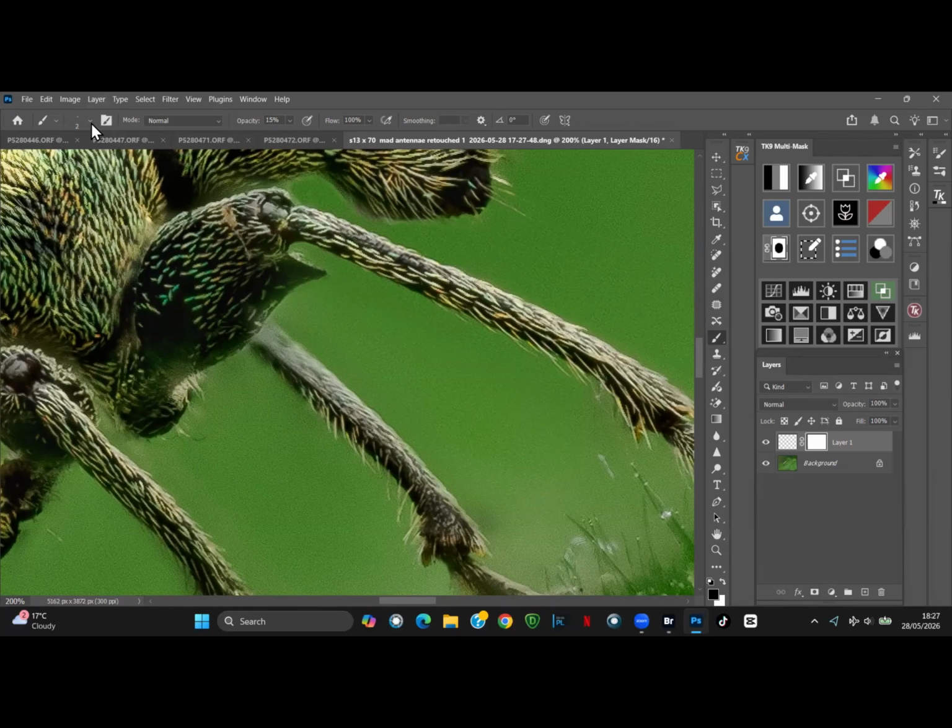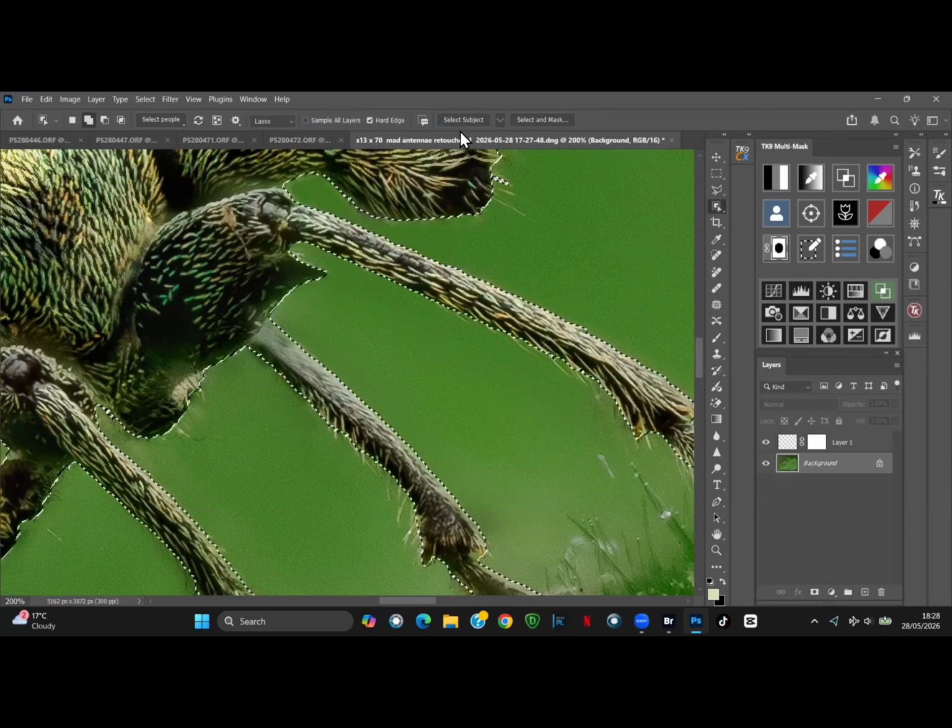I created a mask on this layer. Then I selected the bottom original layer of my stacked image, and I clicked on the Select Object tool. I let Photoshop do its thing in selecting the weevil shape, and once it had selected the weevil, I clicked